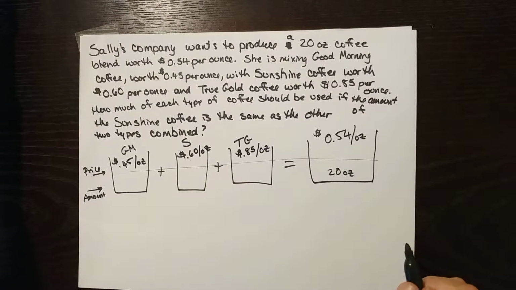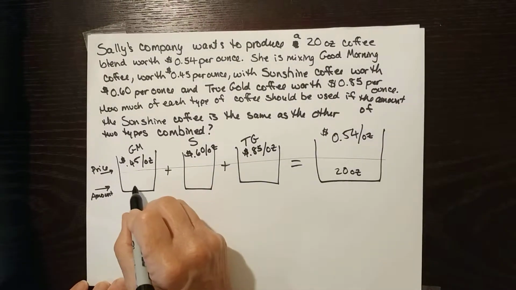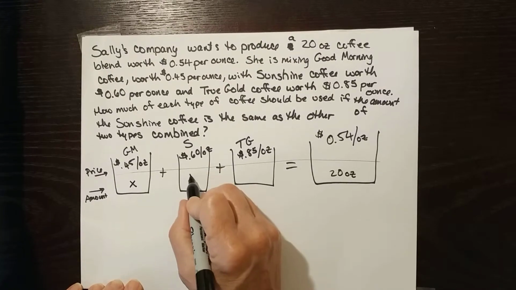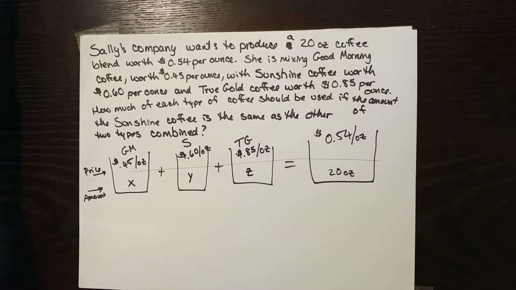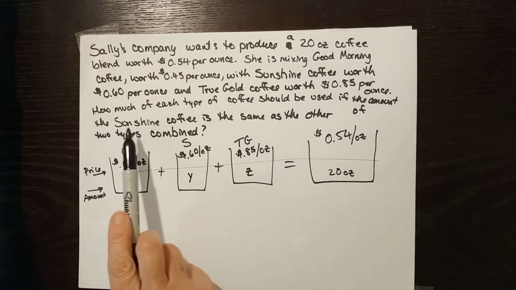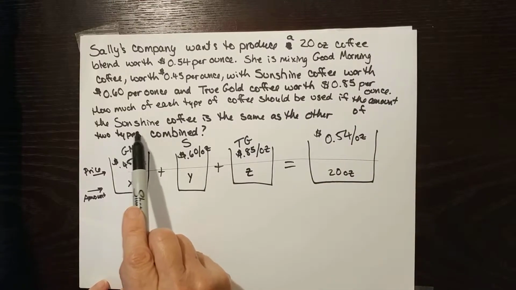How much of each type of coffee should be used if the amount of Sunshine coffee is the same as the other 2 types combined? So, they don't tell us how much each one of these, so I'm just going to say X, Y, and Z. That's how much of each blend we're going to have. And this sentence right here says, how much of each type of coffee should be used if the amount of Sunshine coffee,